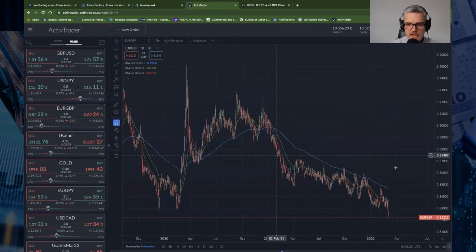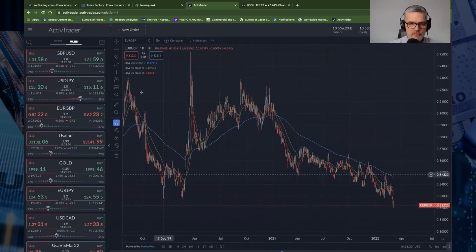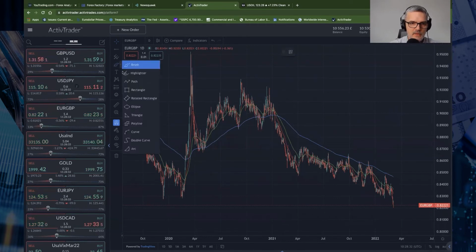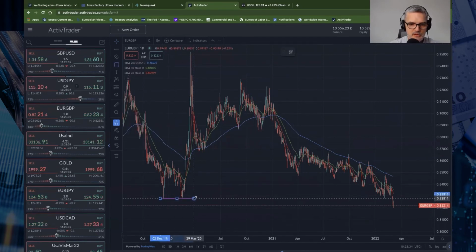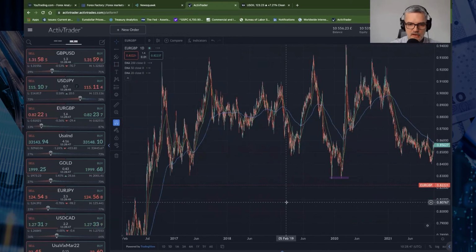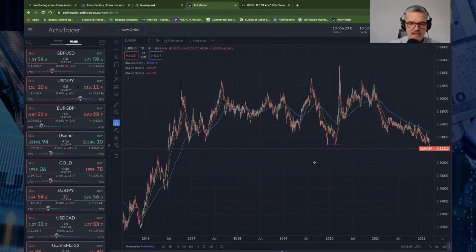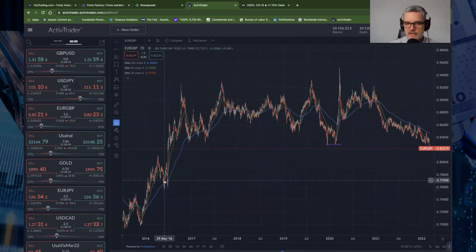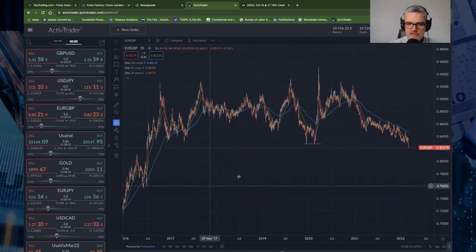Euro versus the pound has gone through the two swing lows here. So this double bottom around the equal lows here, 0.828 to 0.827, has been broken now. So they swept those lows. We have to look a lot further left, and we're back into the Brexit 2016 imbalance, which means this market can come quickly down to the 0.78.